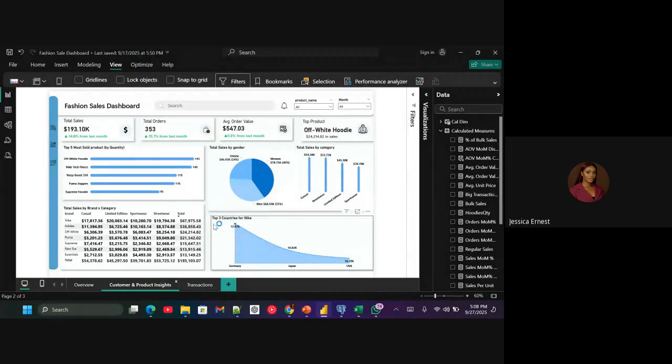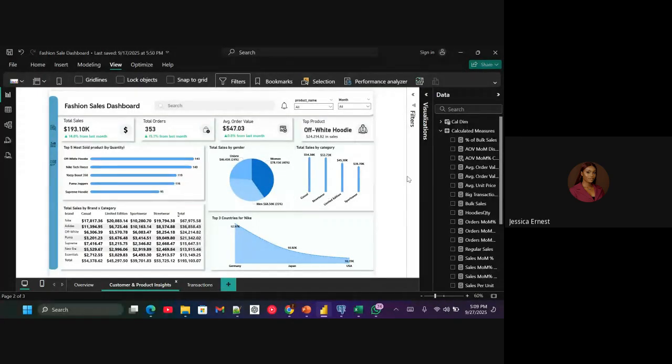24,214 in sales. And then going to the total sales by gender, we can see that women are producing more of the sales. The women are buying more, followed by the men, and then the unisex. Then going over to the total sales by category, we can see casual is leading, followed by streetwear,